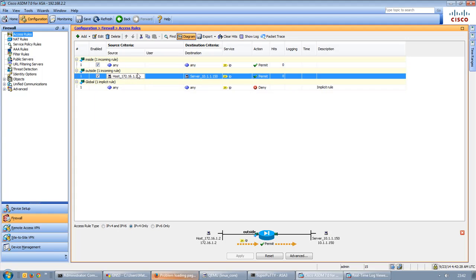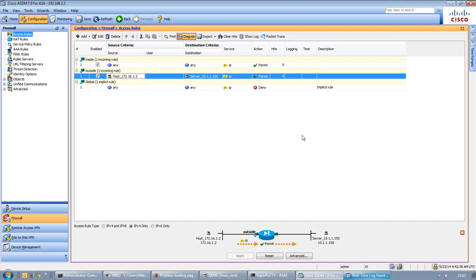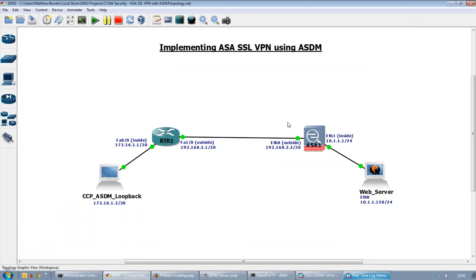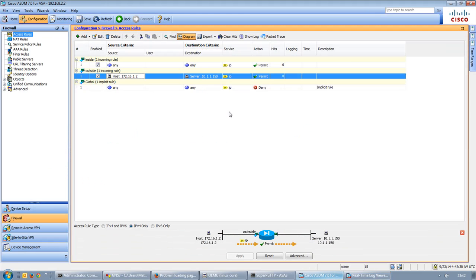Okay, here's the issue right here. The outside access list here is only set to allow connections from the host IP to the server IP. So if we were to change this